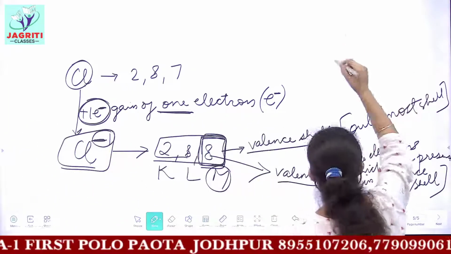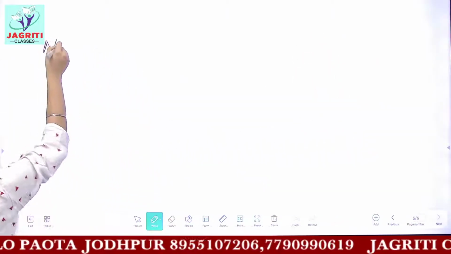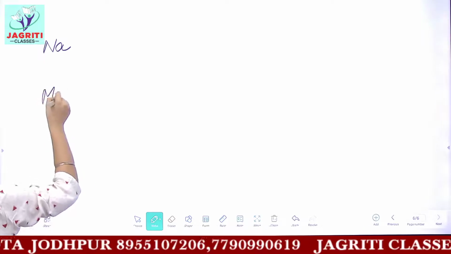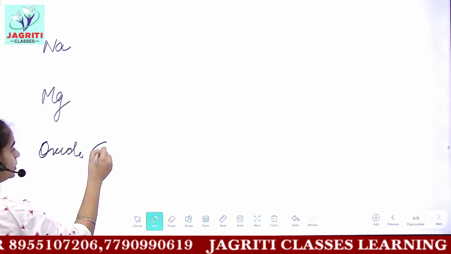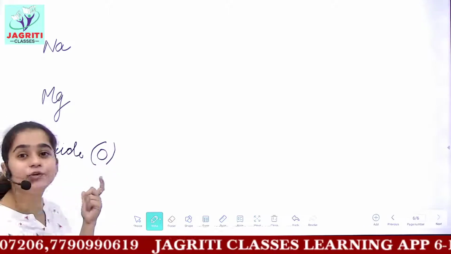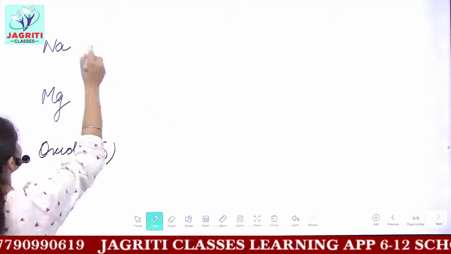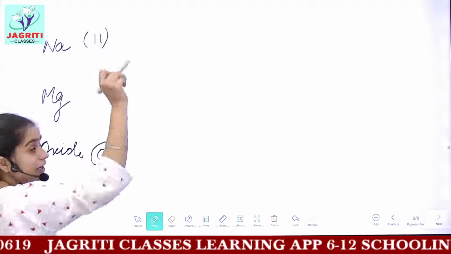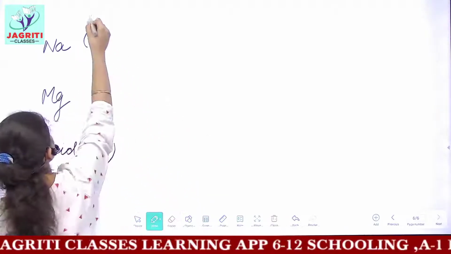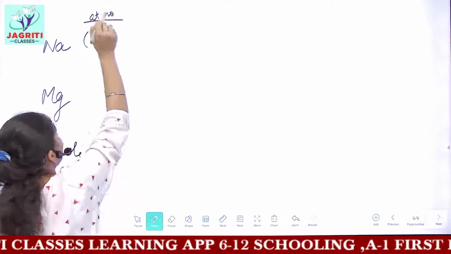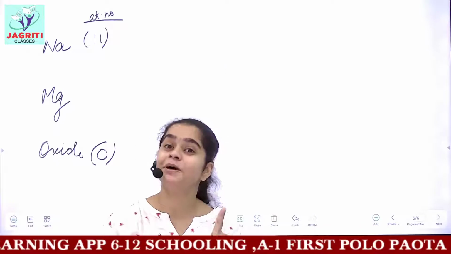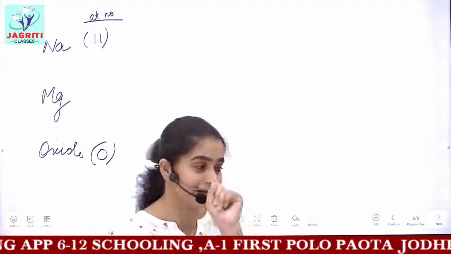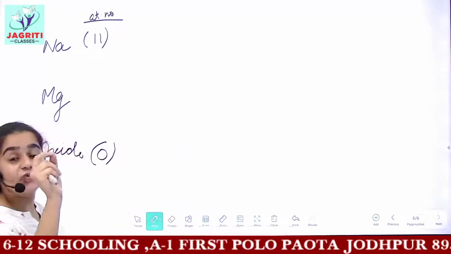You have seen certain compounds like sodium, which is Na. Then you have magnesium, and then you have oxygen in oxide form. Let's see how these get their charges. So sodium, the atomic number is 11. I've already discussed the elements from atomic number 1 to 20. Do see that video and learn the table. Also learn their masses, which I told you.